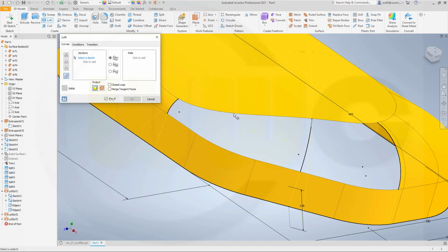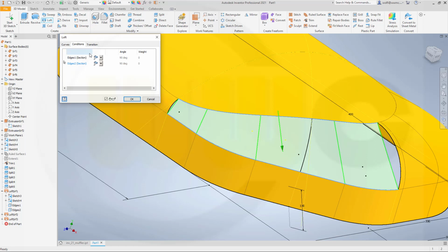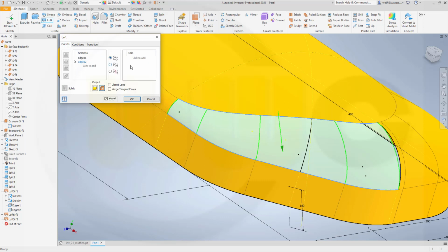So that would be one edge, then add another one, that would be this edge chain, go for the rails, or first do the conditions, yeah. Now go for the rails, and there you want to have an edge, so right click, select other,